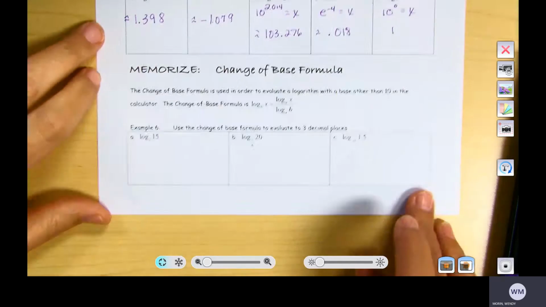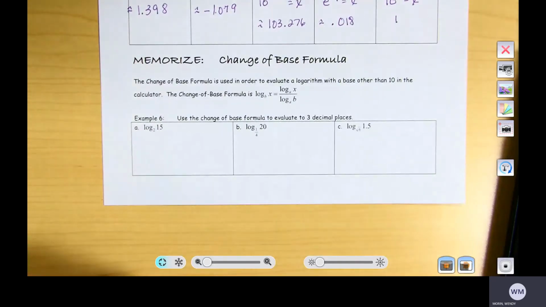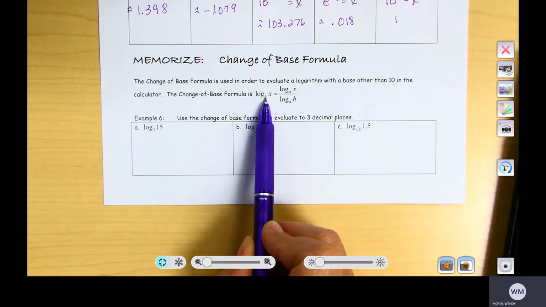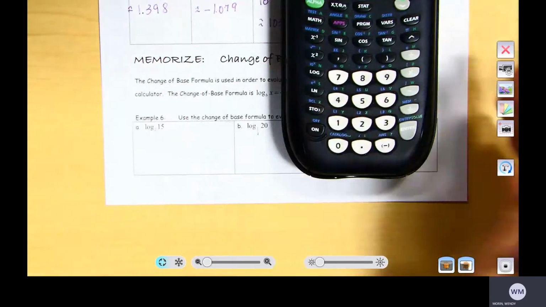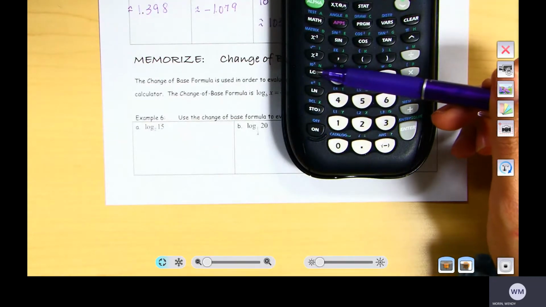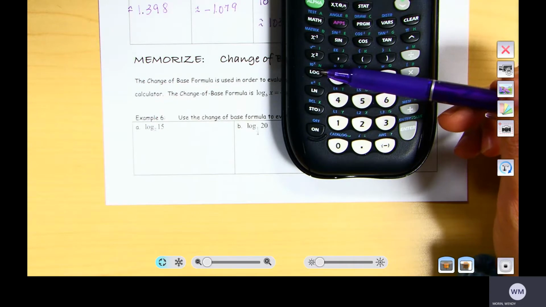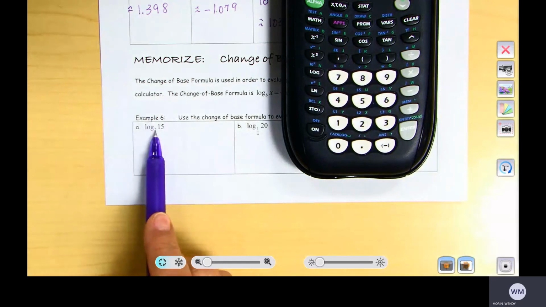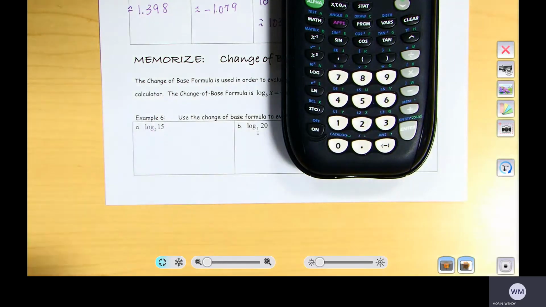Okay, last, we're going to talk about the change of base formula, which says this. If you're taking the log of x to any base, you can change the base. Because on our calculator, we have an ln button, which is base e, and we have a log button, which is base 10. Now, there are calculators that will allow you, if you know how to do it, to type this into your calculator and change the base on your calculator. But you're not going to do that